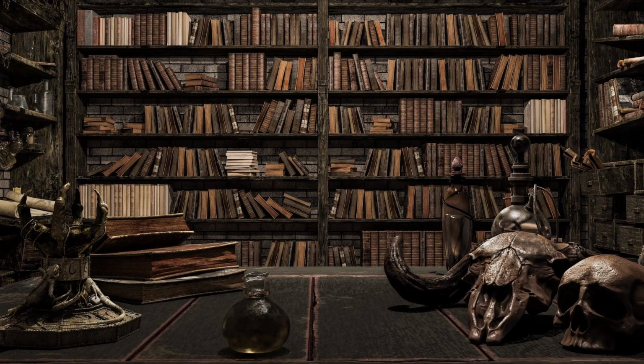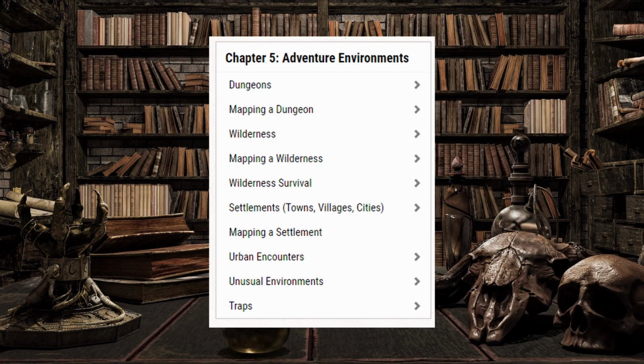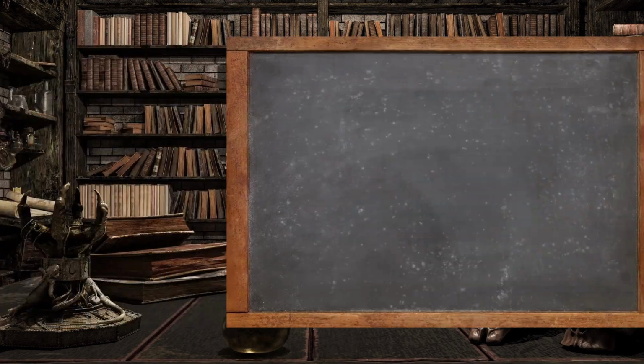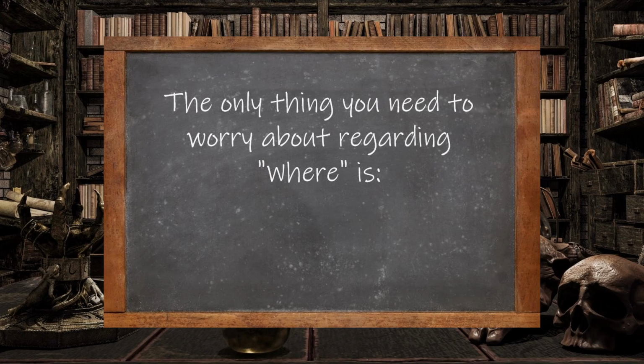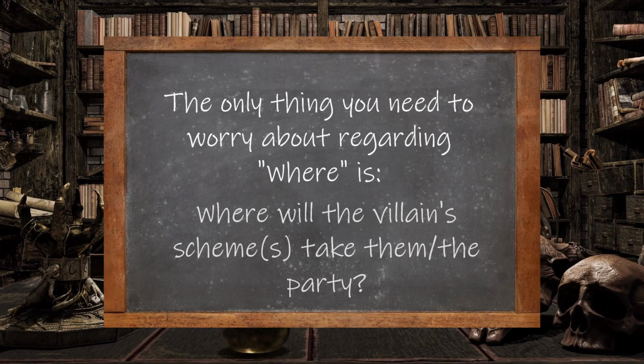To answer the where question, we need to jump all the way over to Chapter 5, titled Adventure Environments. This entire chapter is dedicated to fleshing out the various dungeons, wilderness, and urban areas that may pop up in your campaign. While we have courses on Alt-Roll that go into great detail explaining how to design dungeons, wilderness, and cities, the only thing you'll need to concern yourself with regarding the where question is, where is the villain's scheme